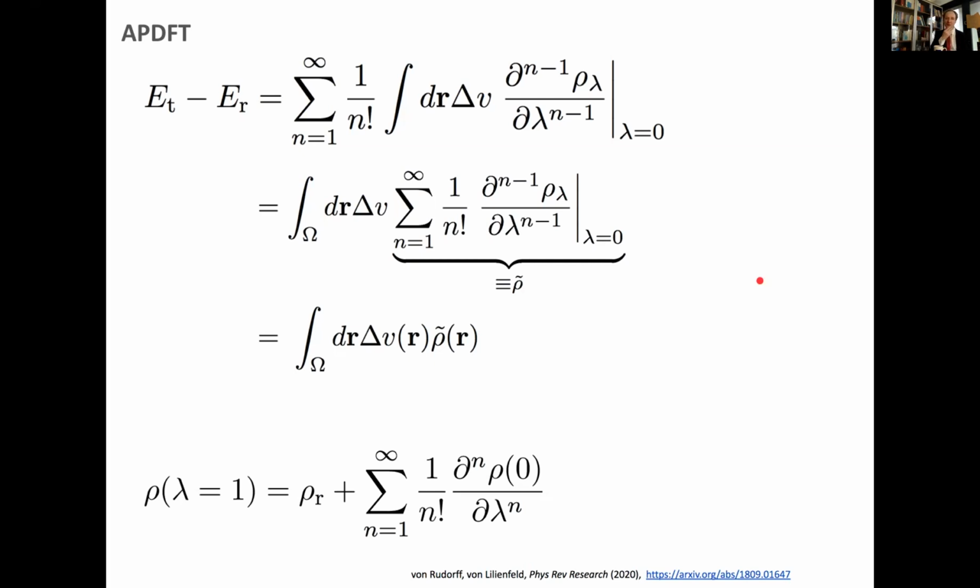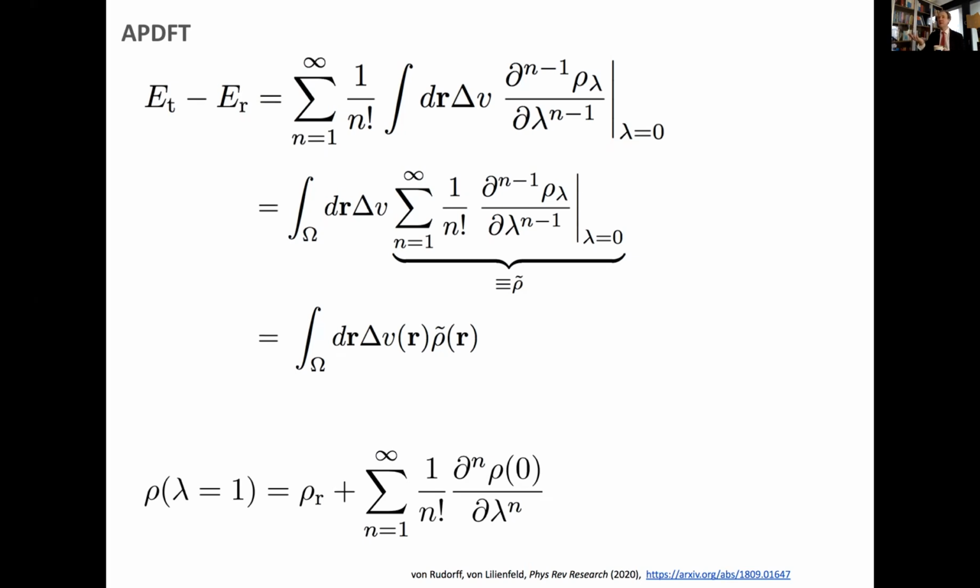So in terms of a reference, if you have your reference electron density and you can Taylor expand it like this, you can plug this reference electron density into this formula, into your Taylor expansion here, and you can then estimate the energy difference between the two systems. And this means that